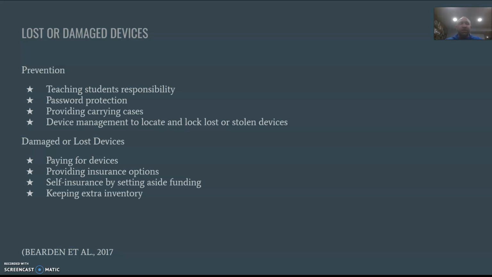Paying for the devices if damaged, what's that look like? Broken screens, maybe providing some insurance options through the district for parents if wanted and needed. If we have to bring devices home, what would that look like to help kind of alleviate some of that cost if